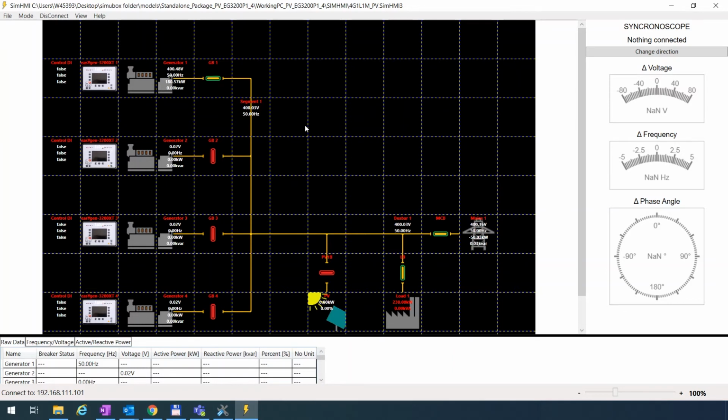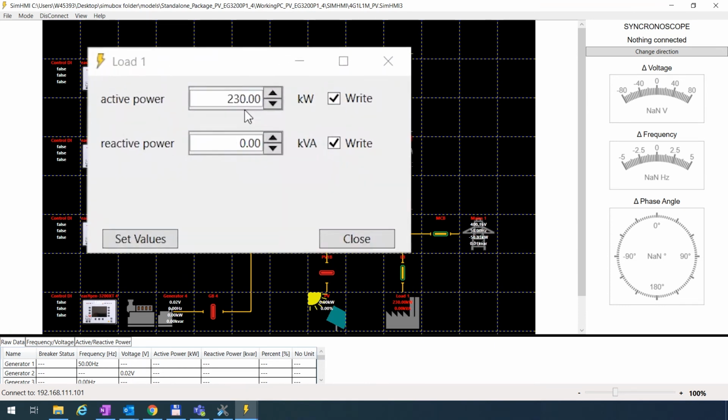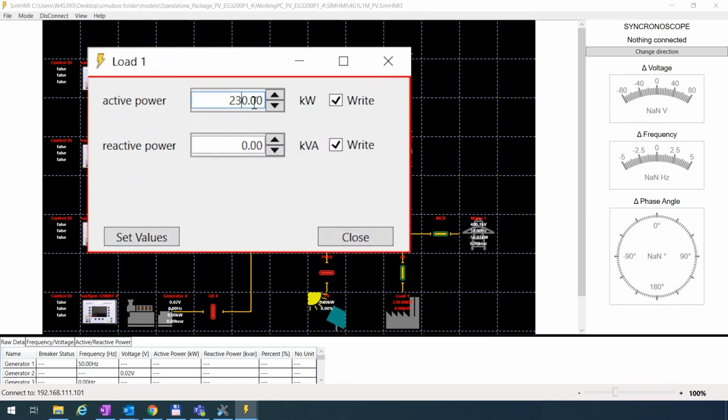Here we have our simulation tool. You can see right now I have one generator connected. I have some load connected here. And we are parallel to mains. EasyGen is sharing the load with mains. Now I will increase the load, so the generator active power will rise above 95%.